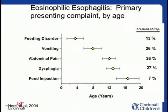These are data from a study that Dr. Noel did when he was a fellow in Cincinnati a few years ago, and I like to show this slide because to me it shows the symptoms of eosinophilic esophagitis as they vary by age. It's important to recognize that young babies with eosinophilic esophagitis are not likely to present with a food impaction. But feeding disorders, gagging, choking, food refusal, irritability around feedings is the more common means for a young child to present with this disorder. Vomiting, as I said before, tends to occur a little bit later, but certainly does happen in infants as well. And then as the kids get older, their complaints of abdominal pain increase,